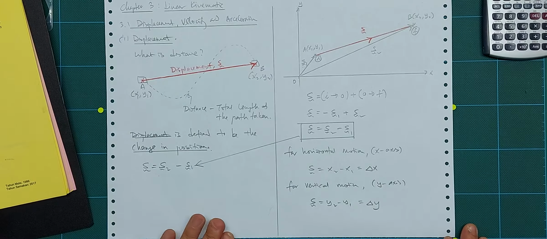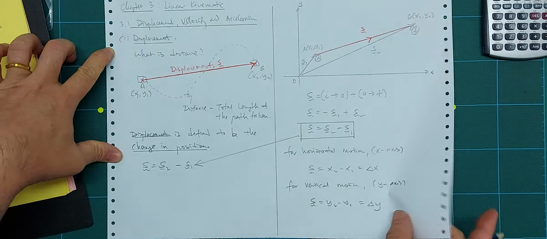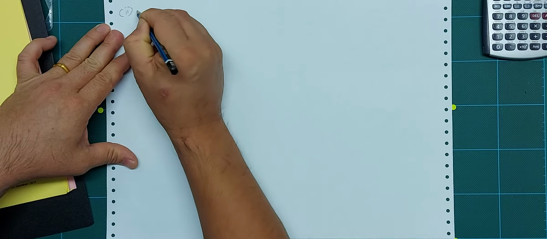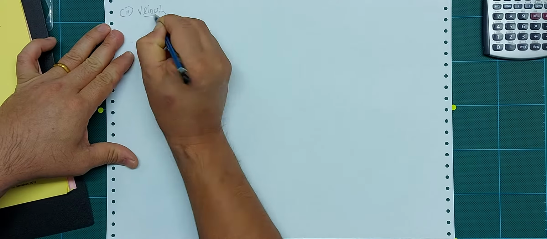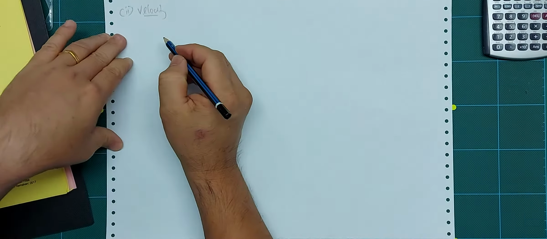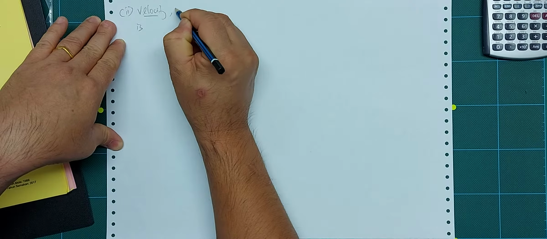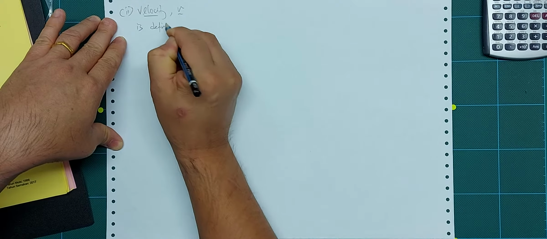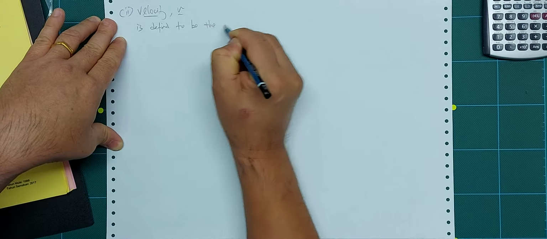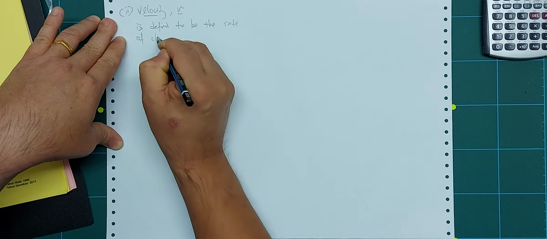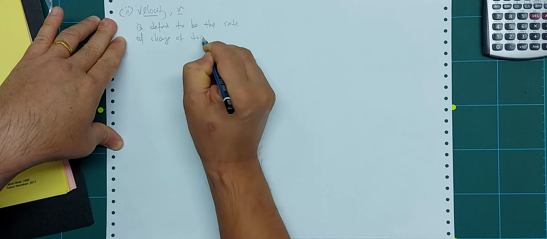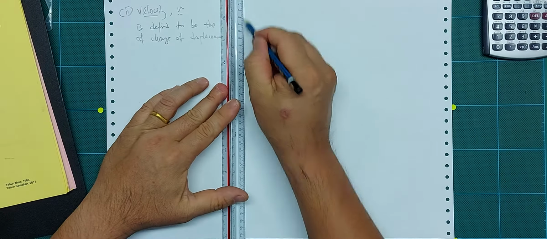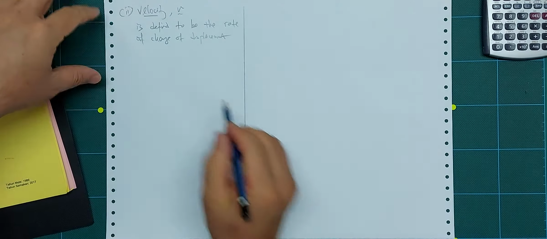Now the next one is number 2, our velocity. So what is velocity? Velocity has a symbol U or V, but here we use V first. It is defined to be the rate of change of displacement. The rate of change of displacement, meaning that